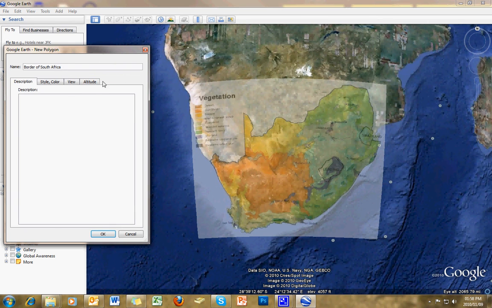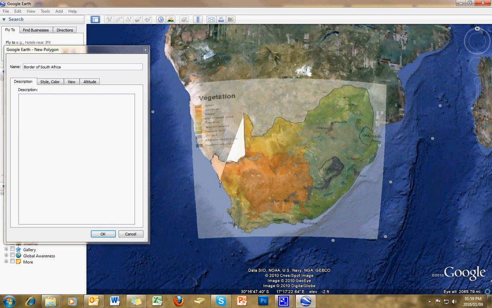And so with the dialog box open, as you can see there's crosshairs. It's always with the dialog box open you can make changes to any of the objects or create new objects. And I left the image overlay over so that I could see the borders, so that I could create the borders of South Africa here. So I'm going to left click and an arrow pops up. I'm going to hold down my left click button, and I'm going to trace along the outside of the border of South Africa,